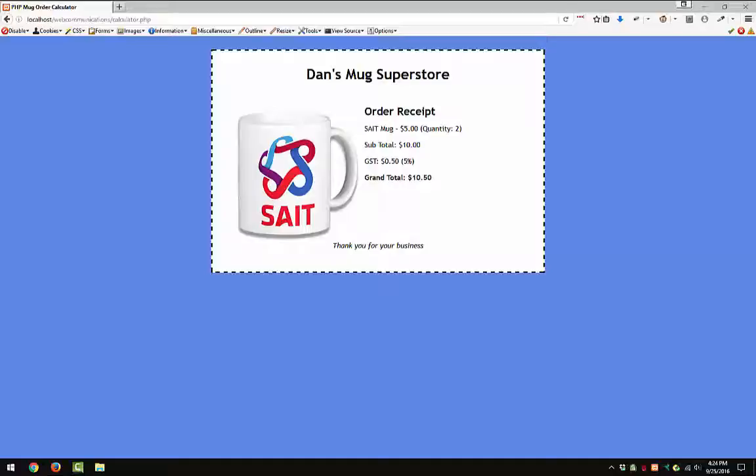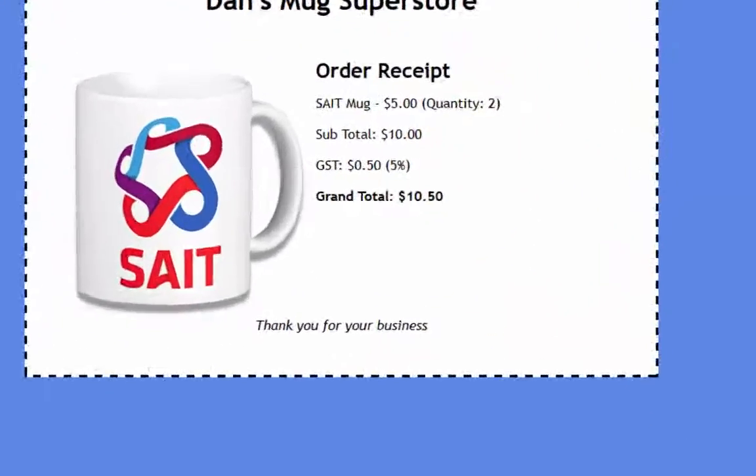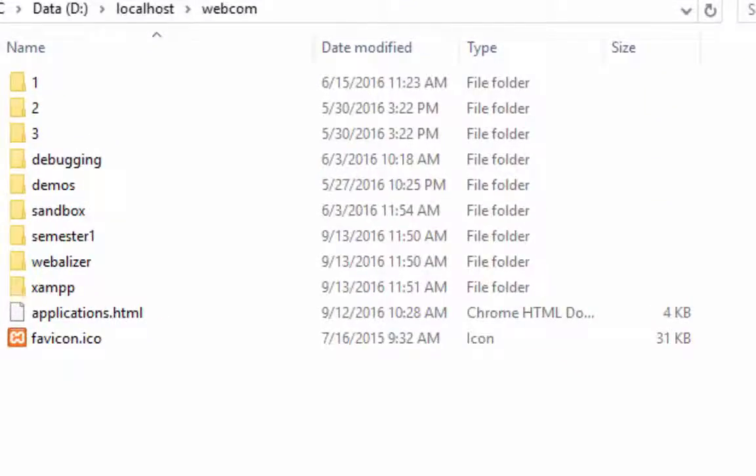So you can use any folder structure you want to and any names of files you want to. Just make sure that you're always using the name of the folder and then a slash and then the name of the file and its extension, .php, .html, .jpg, whatever it is. You could even have subfolders if you wanted to. If you take a look at my personal server here, you'll see that I have a webcom folder,